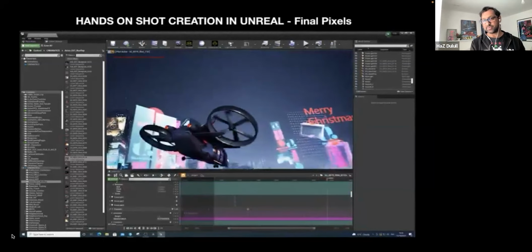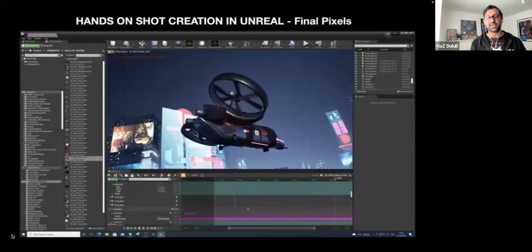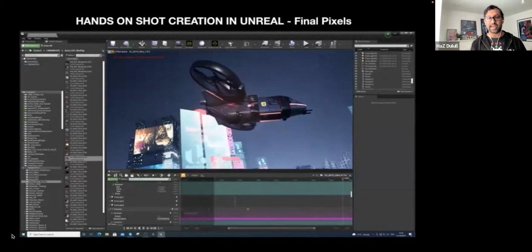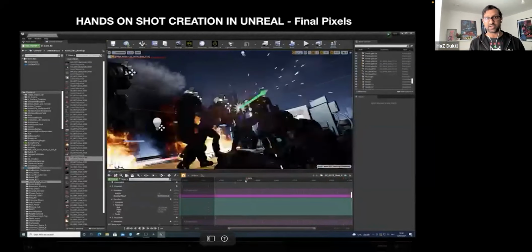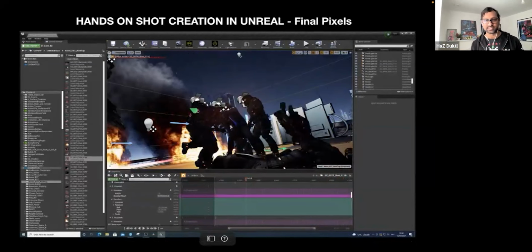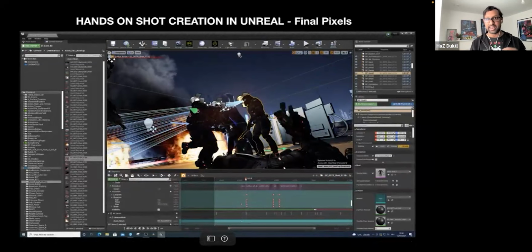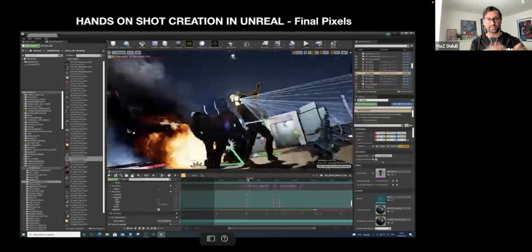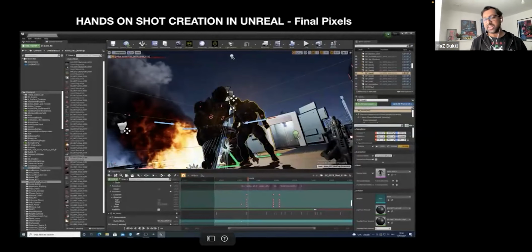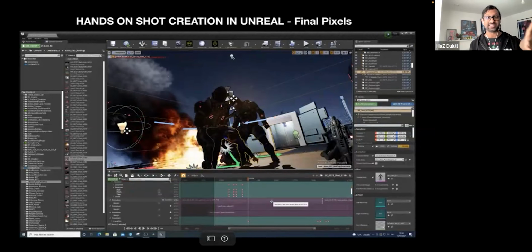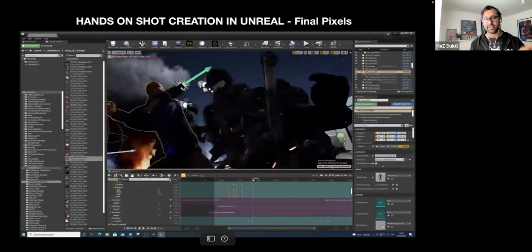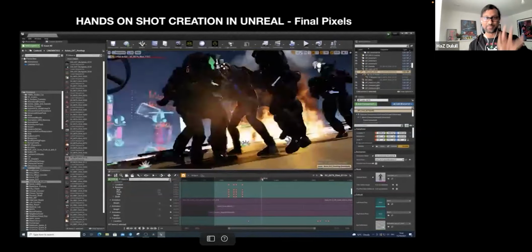So, for example, this sequence here in the script was written as a series of shots. But as I was moving a camera around, I realized, you know what, this is actually a really good sequence as a single one shot, kind of like Birdman or any shot which is long, like Children of Men, for example. And I really love that, because as a filmmaker, I try to use the camera as a storytelling device. And to me, the camera is a character in the movie.